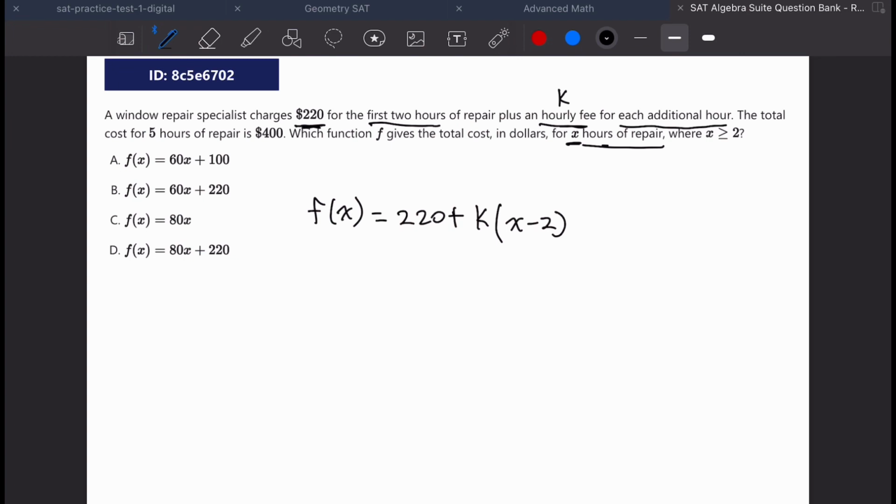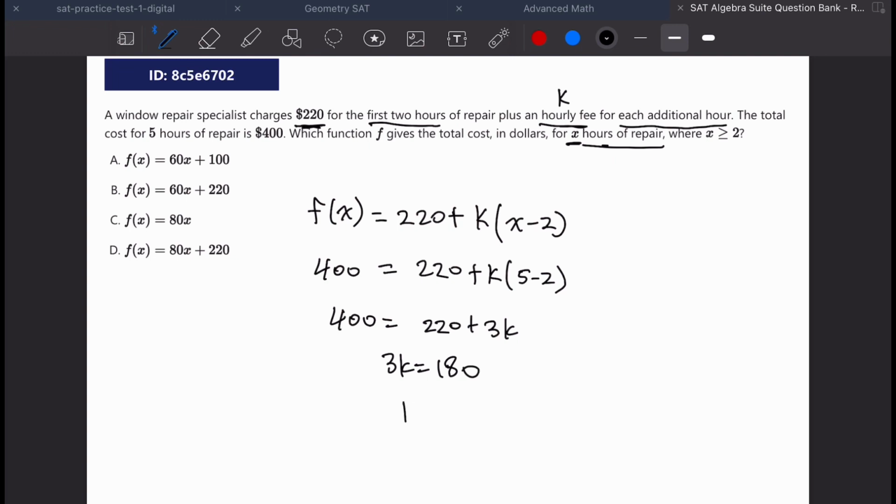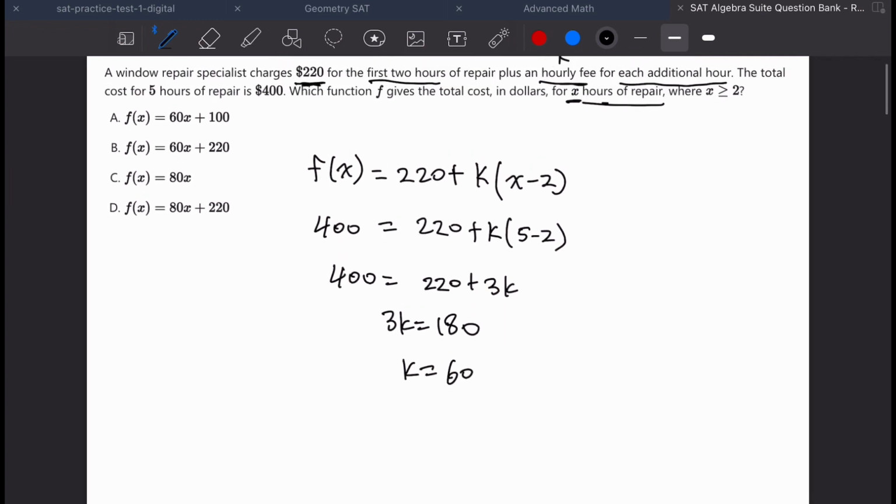And in this case, 5 hours of repair was $400. So this is saying that when x equals 5, the whole function is equal to 400. So 400 is equal to 220 plus k times (5 minus 2). 400 is equal to 220 plus 3k. So 3k is equal to 180. And dividing both sides by 3, we get 60. So the additional fee is $60